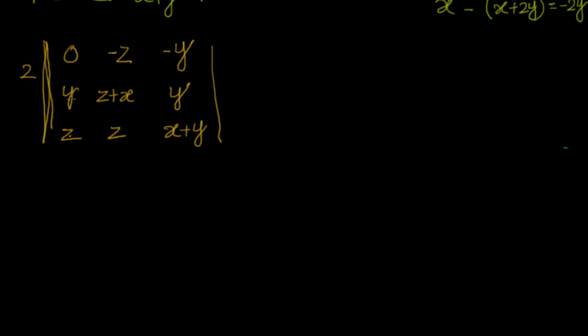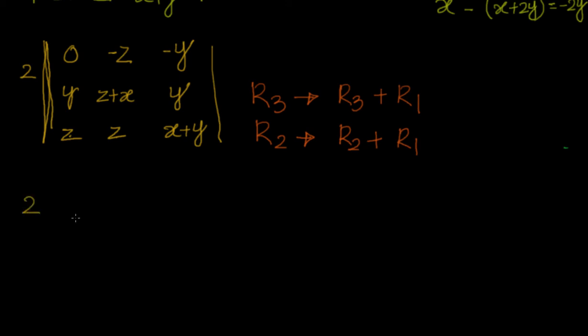Similarly, if I add R2 as R2 plus R1, I will have Y and X and 0. That makes it very easy. So what am I going to apply now? We will apply R3 is assigned R3 plus R1. Similarly, R2 is assigned R2 plus R1. So we are not touching R1, we are changing R2 and R3.